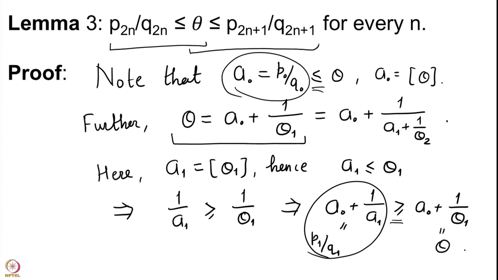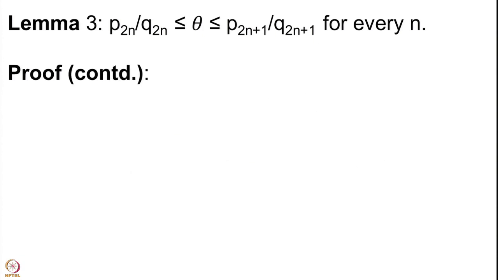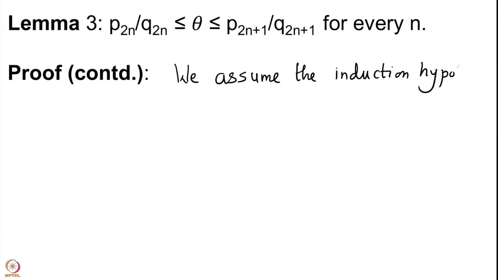And now we will assume that this holds for everything up to 2n, and then we will prove it holds for 2n as well as for 2n plus 1. So, we now assume the induction hypothesis and prove the general result. So, we assume the induction hypothesis. Now note